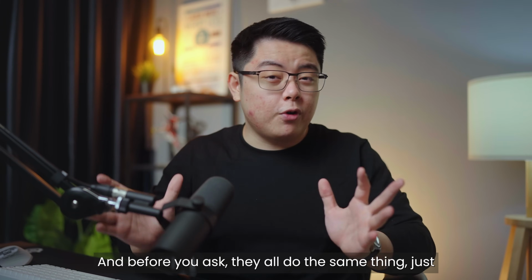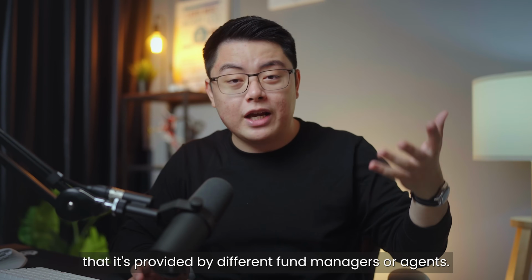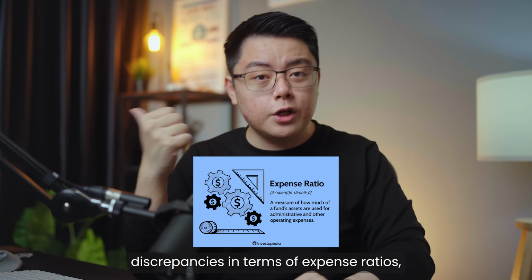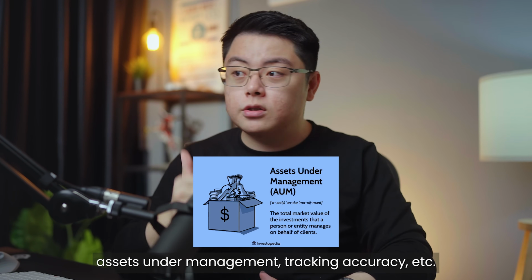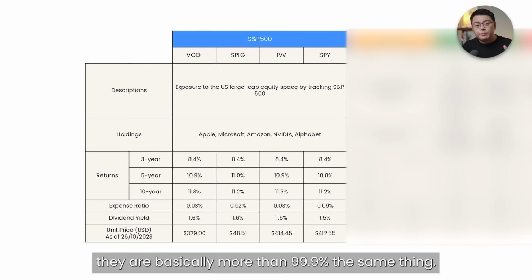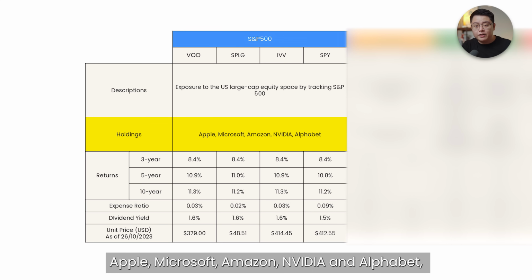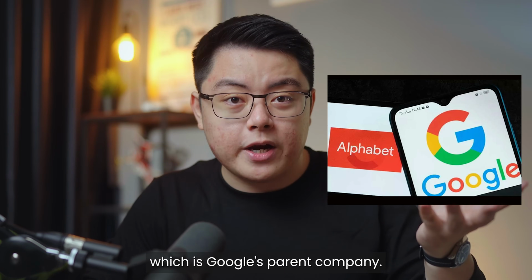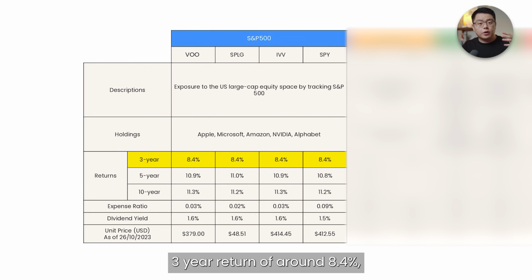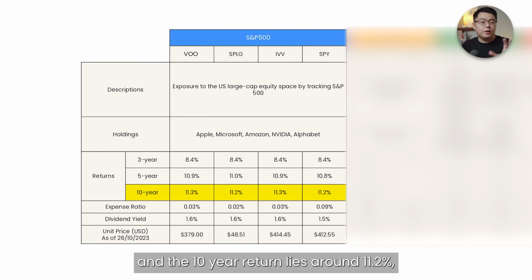online broker. And before you ask, they all do the same thing, just that it's provided by different fund managers or agents. So maybe there might be a little bit of discrepancies in terms of expense ratios, assets under management, tracking accuracy, etc. And as you can see here, they are basically more than 99.9% the same thing. Same top 5 holdings of Apple, Microsoft, Amazon, Nvidia and Alphabet, which is Google's parent company, and their returns are also very similar. 3-year return of around 8.4%, 5-year return of around 10.9%, and the 10-year return lies around 11.2%,